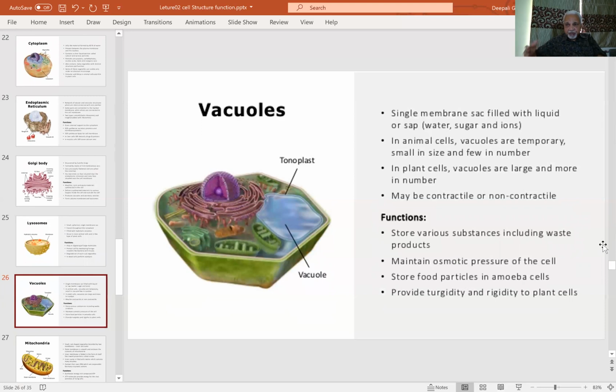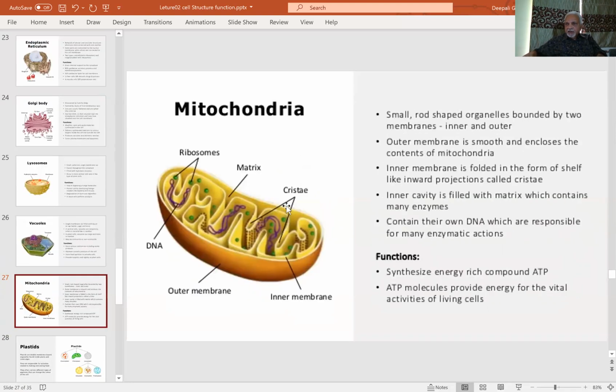And you have vacuoles, as I mentioned. Plant cells have bigger vacuoles as compared to animal cells, and they are the storage houses. Again, whatever the cell doesn't require is put into the vacuoles, and whenever it requires, it takes it back. So in plant cells, they have a huge role to play. Again, this is a membranous structure. You know, and then, okay,